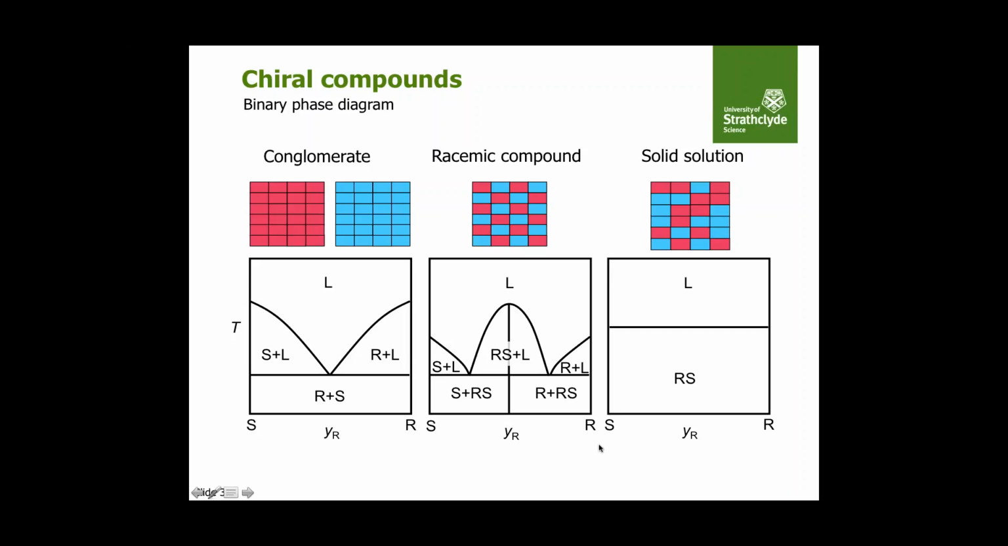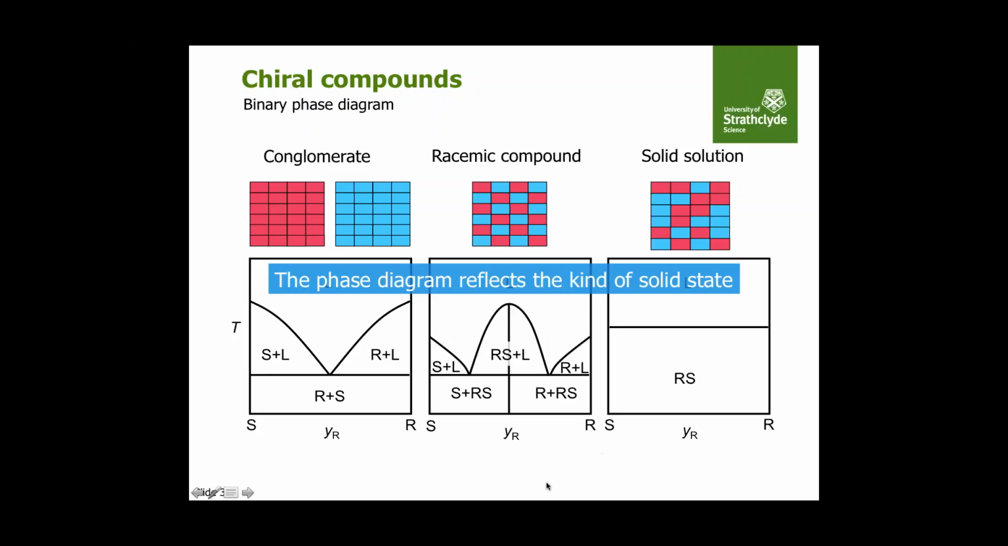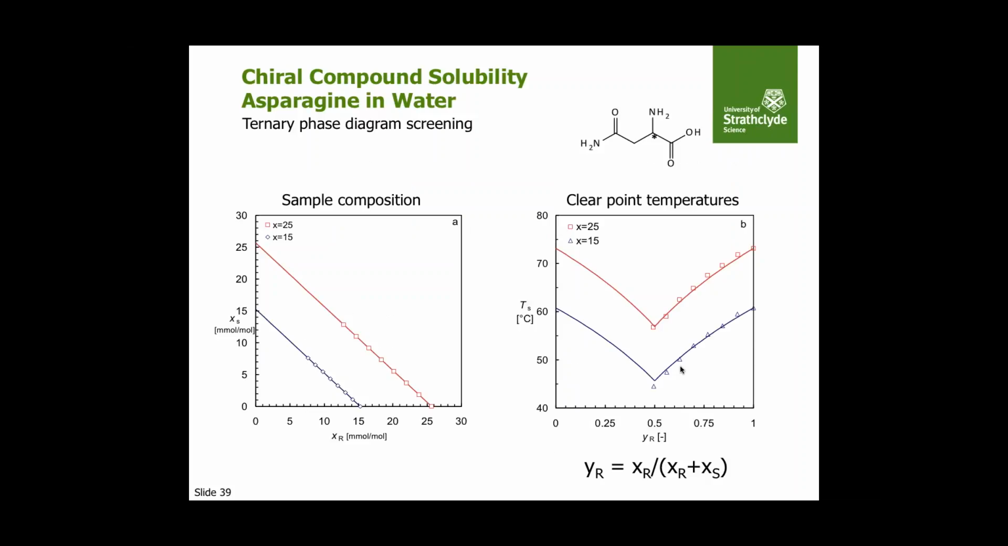So also these phase diagrams you can measure solubilities of, and you could actually identify the kind of solid state by measuring the phase diagram. So then we would have a ternary phase diagram because we have both enantiomers present and a solvent. So here is a sample composition given for the system